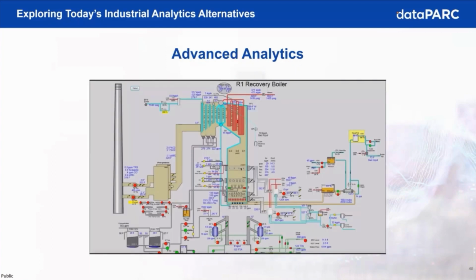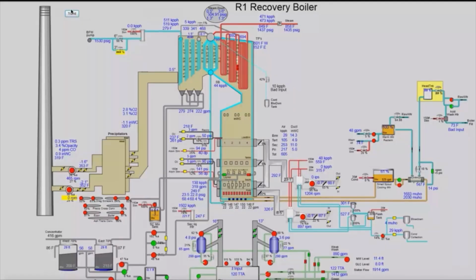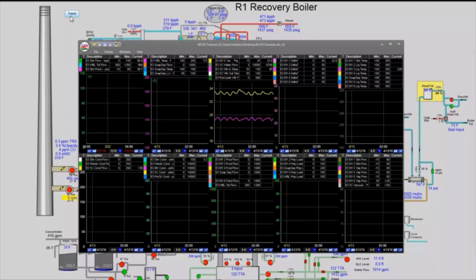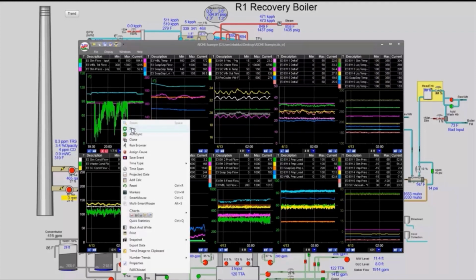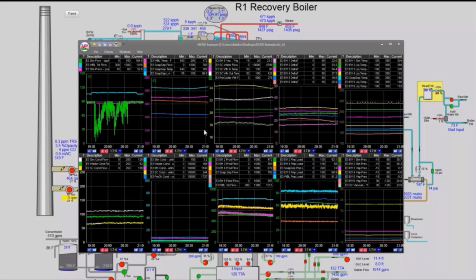So next, let's take a look at advanced analytics. Specifically, we're going to try to dive into an issue. We've been told that the steam flow keeps going low, despite the fact that things seem to be running fine. So we'll open up a trend here, and we'll want to pay attention to the trend in the upper left. We'll see that if we go back a little bit period of time, the steam seems to be dropping, going up and down and having some issues. So we sync, and we noticed that really none of the other tags seem to have peaks and valleys either. So what we thought might be a process issue might end up being a sensor issue.